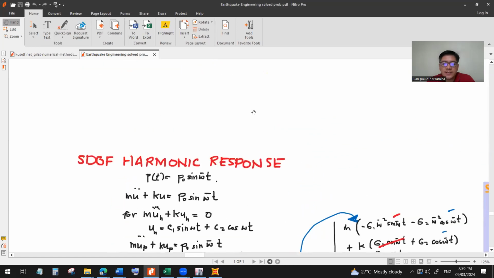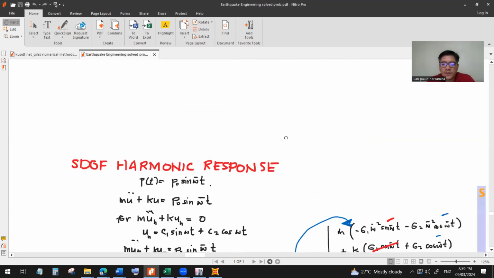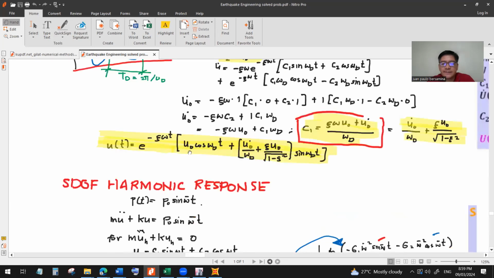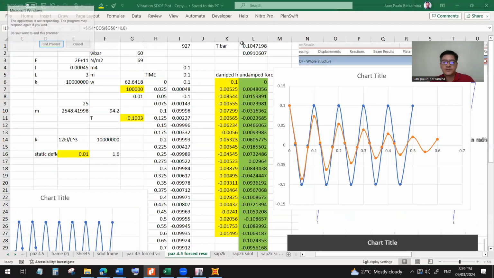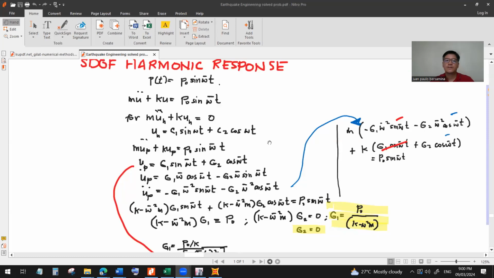derived, no, this one. This is damped free vibration. Okay, here's the PDF. Damped free vibration, and then okay, so for undamped free vibration, the equation of motion will be m u double dot plus k u is equal to